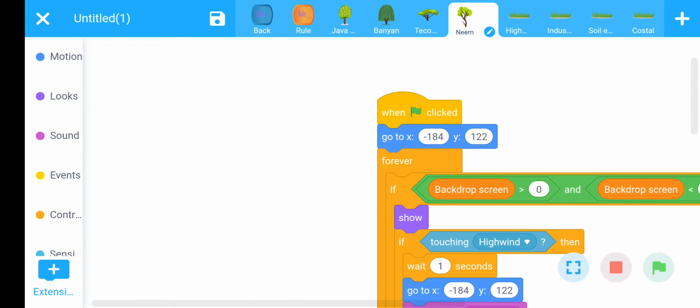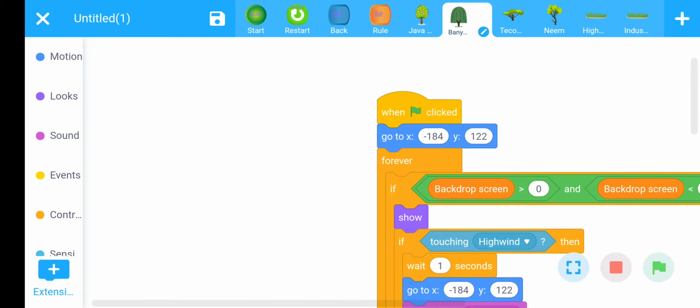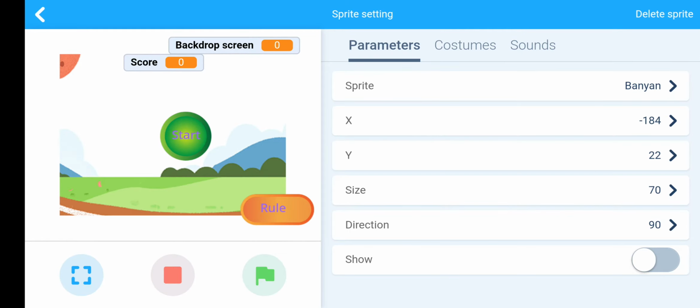Now there is a requirement to modify this code for banyan tree, Tecumseh and neem tree. You know that first we check the parameters, that is the coordinate of banyan tree. Banyan tree has the same x-axis coordinate but y-axis is 22.